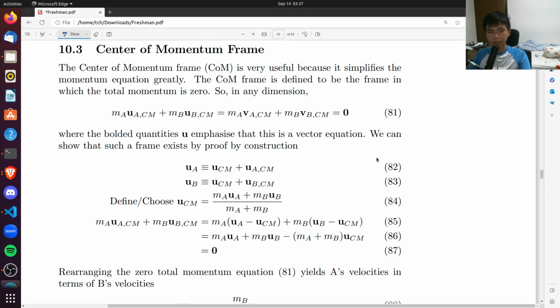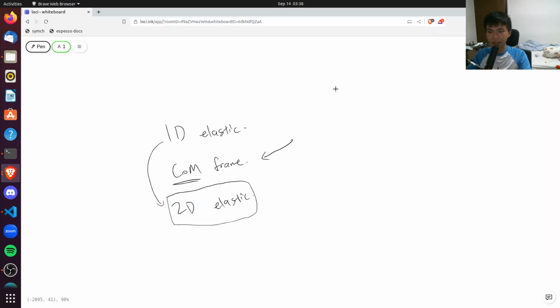Before that, I wrote the conservation of momentum. Now the conservation of momentum equation becomes a vector equation because we're working in multiple dimensions. But there's nothing to fear. Previously, your initial velocities and final velocities were just real numbers. They can be negative, they can be positive. But going into multiple dimensions just means that each of these quantities is a vector. So when you have MA UA plus MB UB equals MAVA plus MBVB,